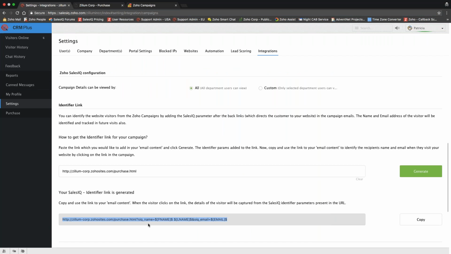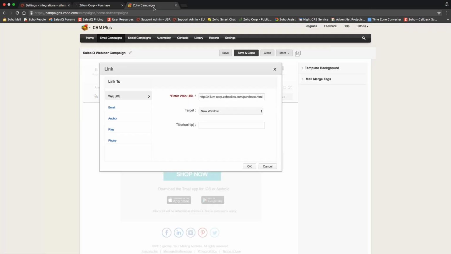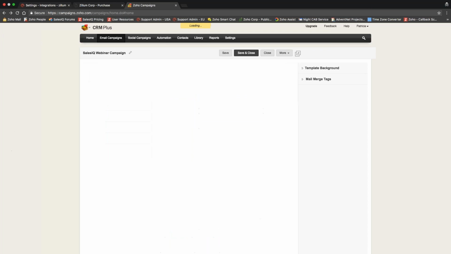So instead of just pasting the link, I'm going to copy the entire URL here. And first, I'm going to clear this because we're not going to do that. We're going to integrate SalesIQ to Zoho Campaigns. So I'm pasting the whole thing here. So if you just scroll around,